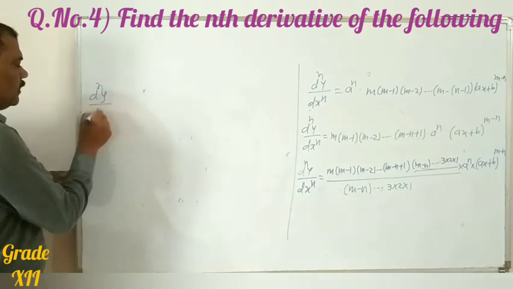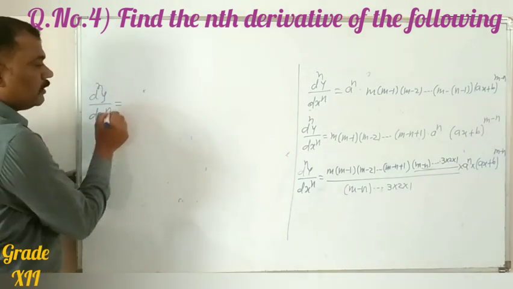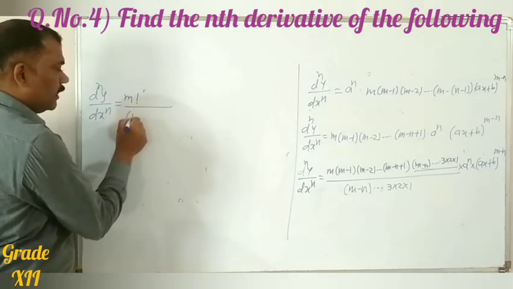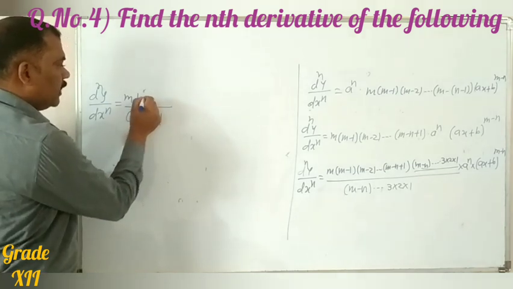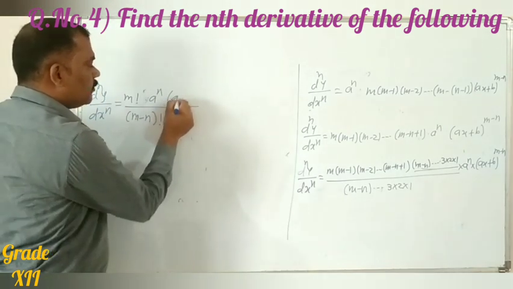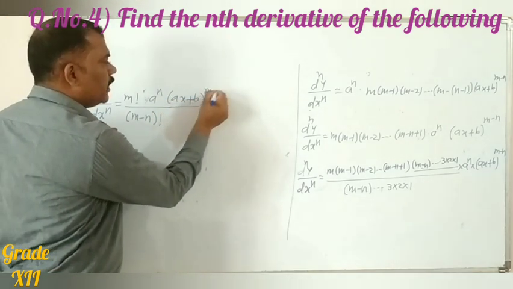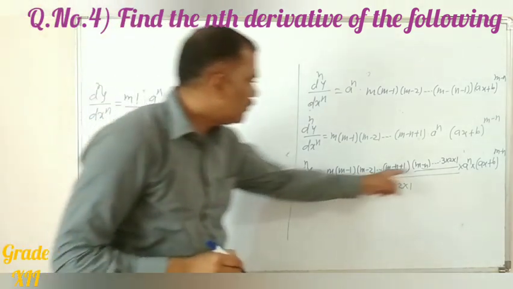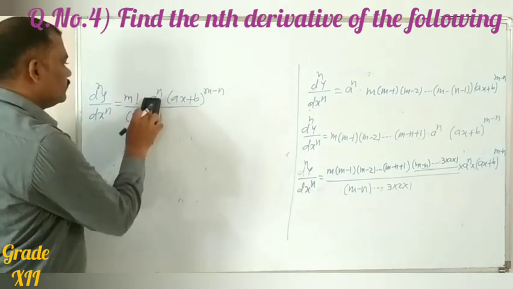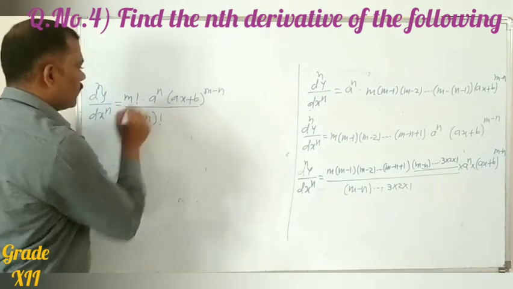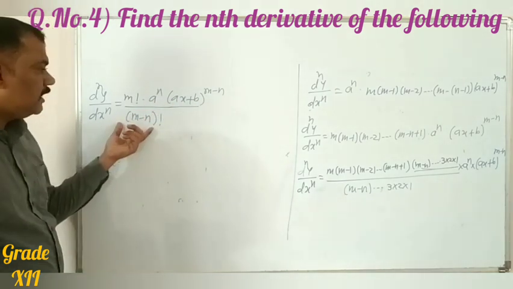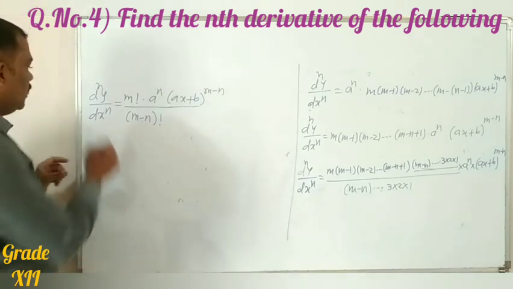So this can be written as dny by dx raised to n is equal to m factorial divided by m minus n factorial into a raised to n into ax plus b raised to m minus n. See here, for this we can write m factorial into a raised to n as it is, ax plus b raised to m minus n as it is, divided by m minus n factorial,